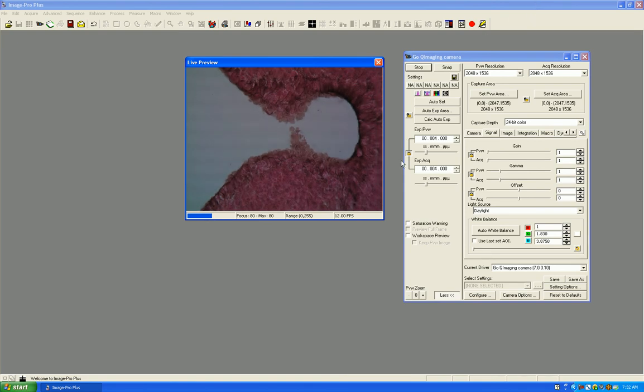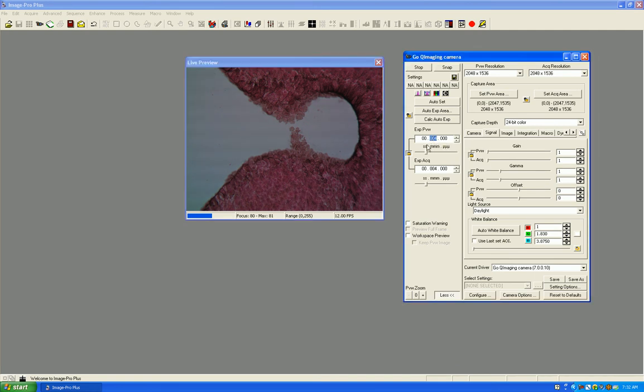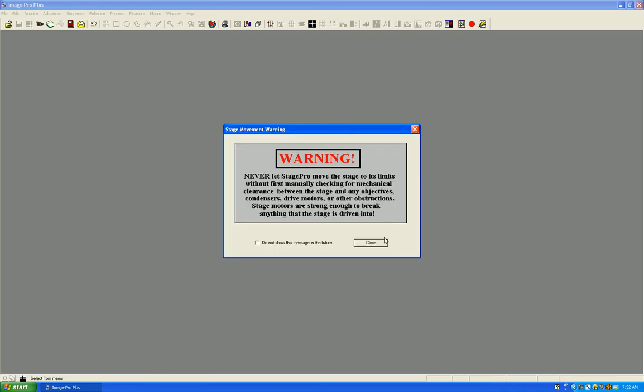Once I've done this, and if I want to adjust the light level, I can highlight this and make it lighter, or I could do calculate exposure, which looks at the whole image. But once I've set this up, I'm going to stop the preview and close this. If I hit acquire and go to Stage Pro, it's basically going to need to initialize the stage,